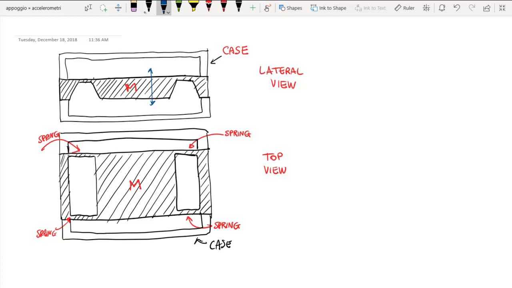Okay, so the important thing of this MEMS technology is that it allows not just to dope different silicon parts and to pattern the silicon, but also to remove the material and have some void regions, have some thin regions and some thicker regions. So this is the additional thing, so that we can really have the shape that we want. We can implement the mass, we can implement the spring.